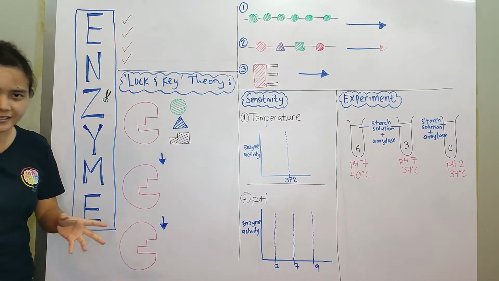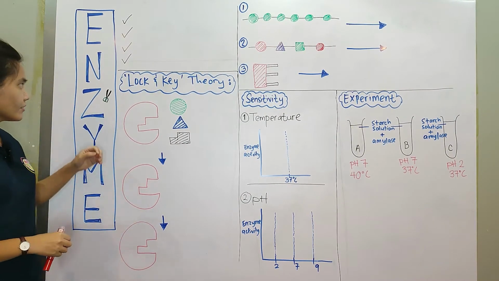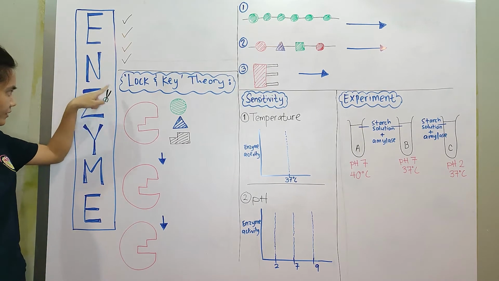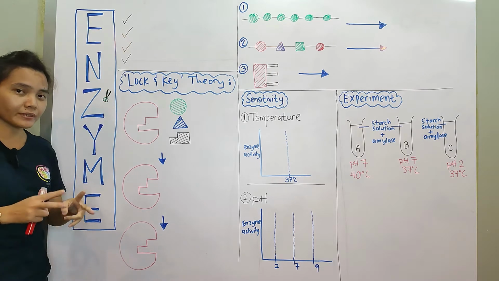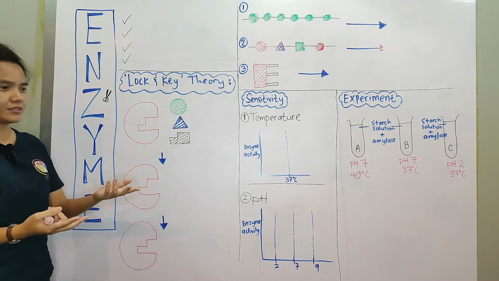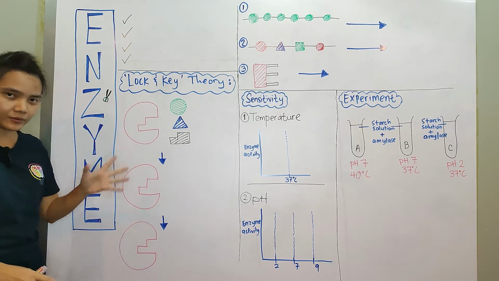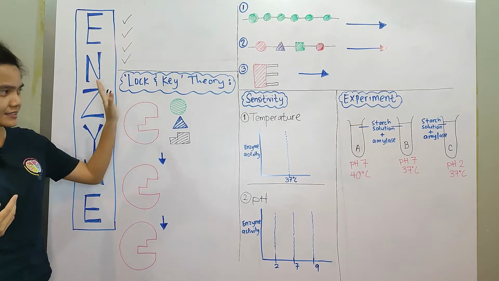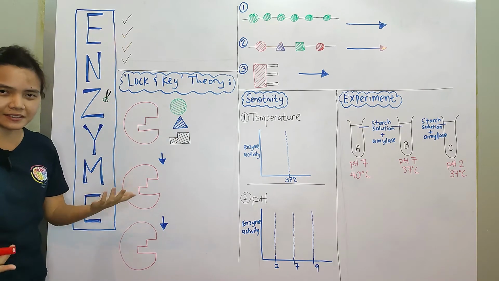So what are enzymes? For a non-scientific term, I can say an enzyme is like a scissor, okay? I draw a small scissor here, showing that an enzyme's job is to cut bigger things into smaller things. Just for example, you cut an A4 paper into smaller pieces of paper. So that is enzymes. Inside your body, of course, it has lots of jobs, but basically it's just cutting, right?